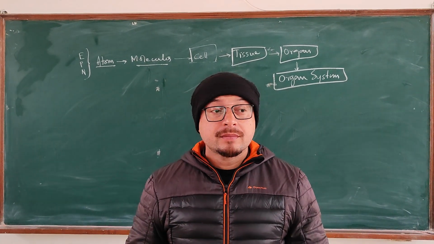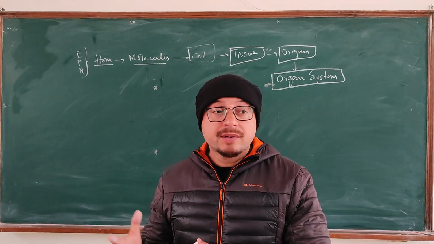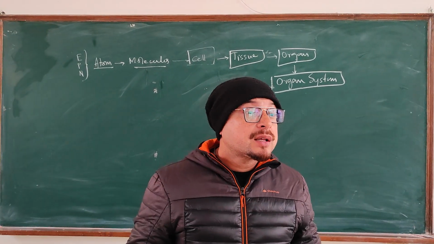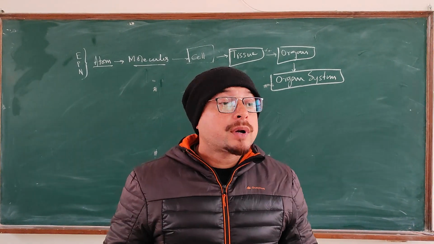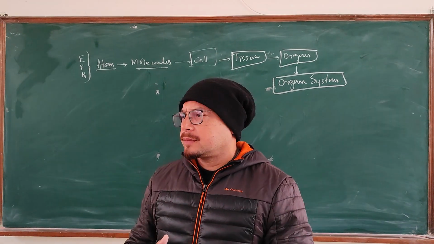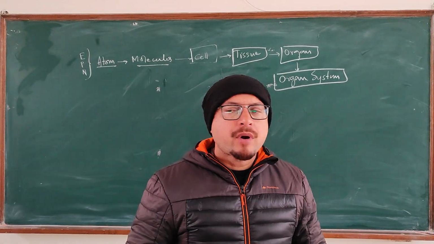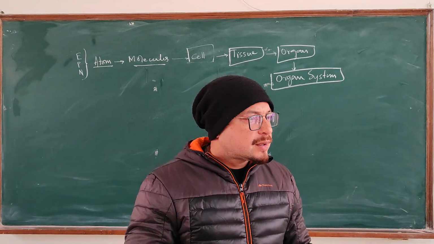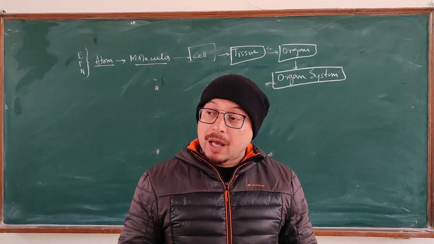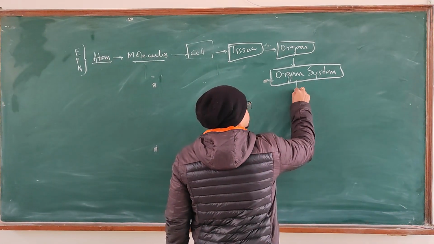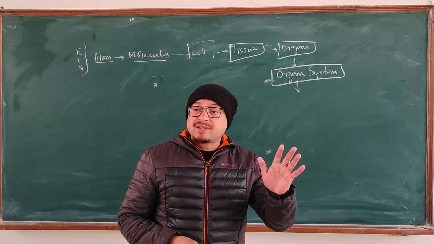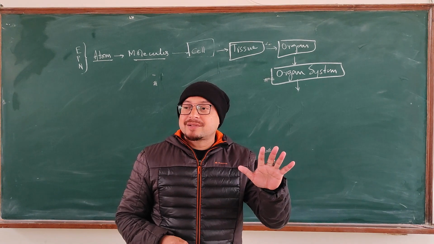The reproductive system, if you consider the female reproductive system, consists of the ovary, the fallopian tube, the uterus, and different layers of the uterus, the perimetrium, the myometrium, the endometrium, all put together forms the female reproductive system. So in a system, there is a collection of different types of organs. Now, different types of organ systems put together, circulatory system, digestive system, nervous system, excretory system, put together